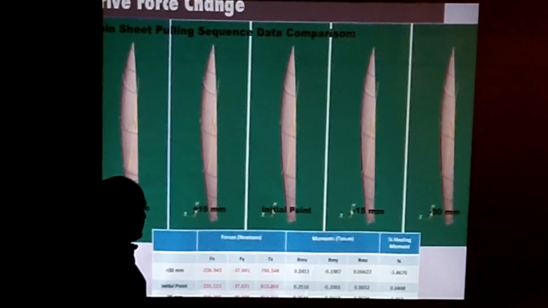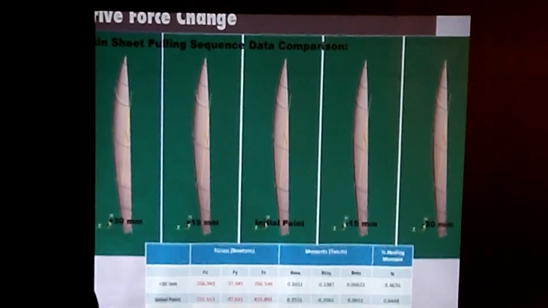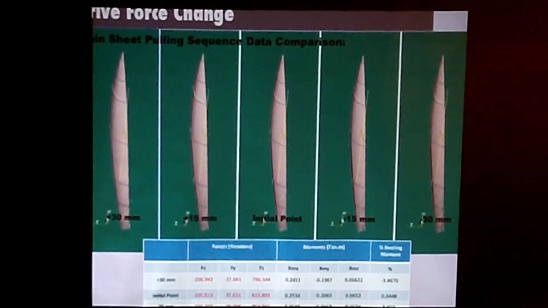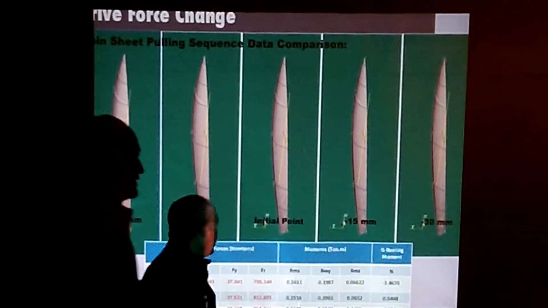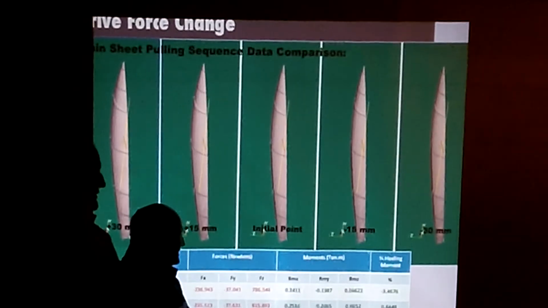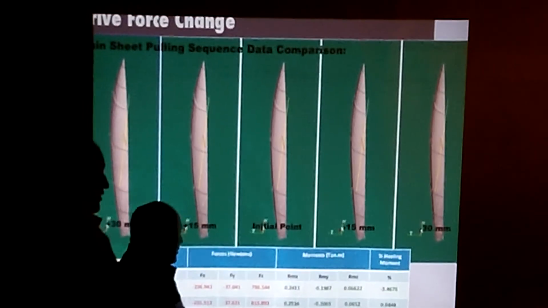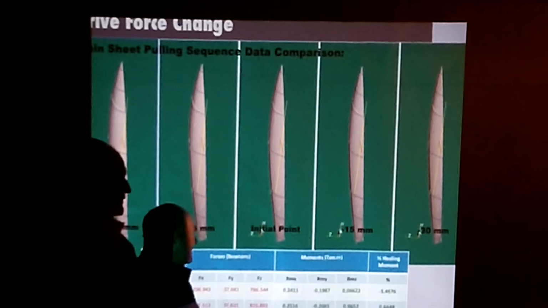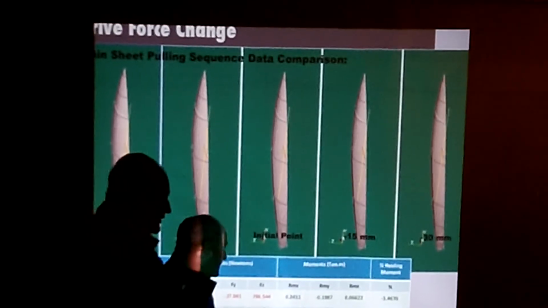Okay, let's do heeling moment. What a mainsail does for heeling moment of the model. With these, we are minus 3.46%. Then we trim it on a little bit. We're back to plus 6.4%. Then it's 5.9,